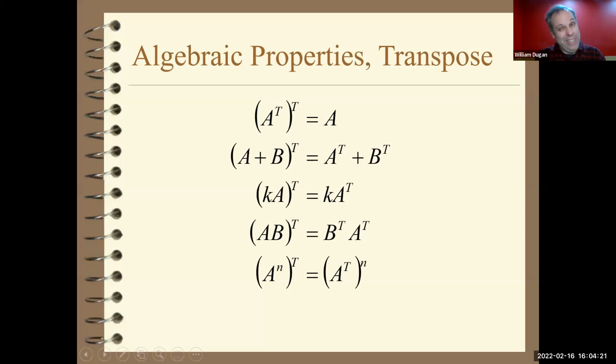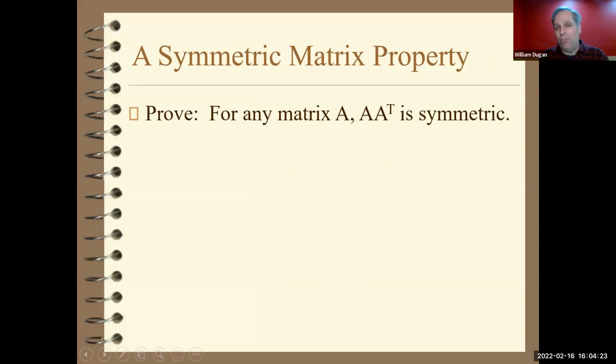So to show you how it's really used, I'm going to show you that if you take any matrix, I don't care what it is, it could be any size, it doesn't even have to be square, and you multiply it by its A transpose, the result is always symmetric. The reason is very straightforward. It's just a matter of looking at the operations. So then, as a quick proof,